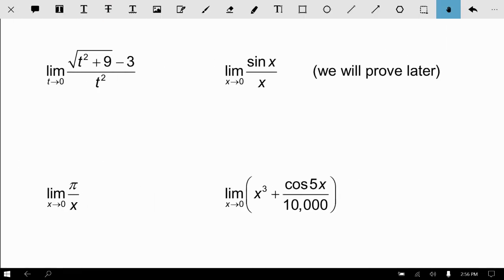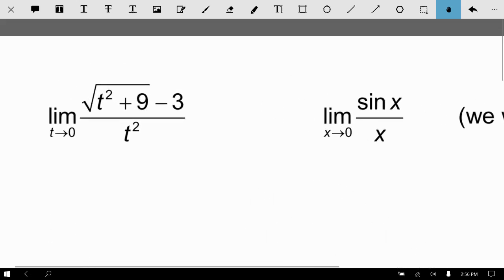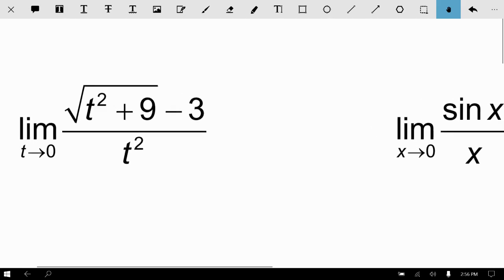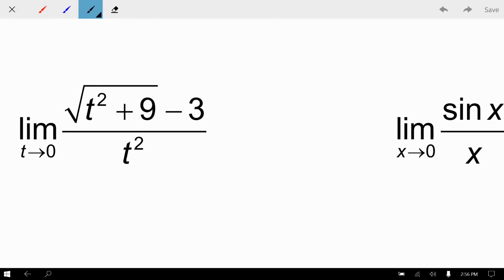Okay, so here are some more problems where I just want to briefly talk about how you would solve these. Algebraically, we talked about factoring last time, and we talked about expanding things out when we have algebraic expressions. Well, on this one, you may or may not have seen problems like this before. We have a square root within a rational function. And so when I plug 0 into this, I'm going to see that I get 0 over 0, which is